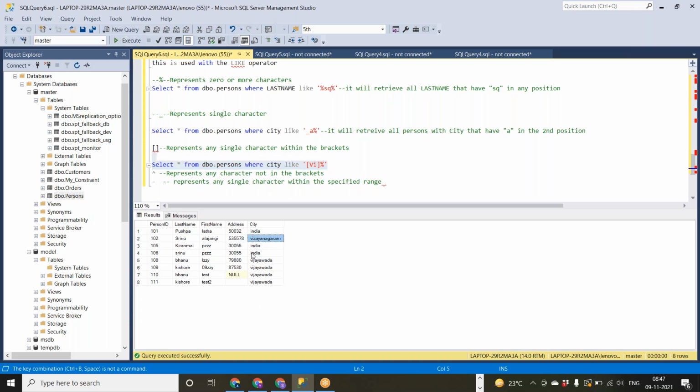If you see, Vijayanagaram, Vijayawada start with V and India starts with I. Whatever you mention over here in the brackets, it will search as a separate character, like it will start with V or I, and it will get all the data. Suppose if you want to get Thane as well, I'll mention T. So in the starting, it will search with V or I or T. See, you got Thane, Trivandrum also, because it starts with T.